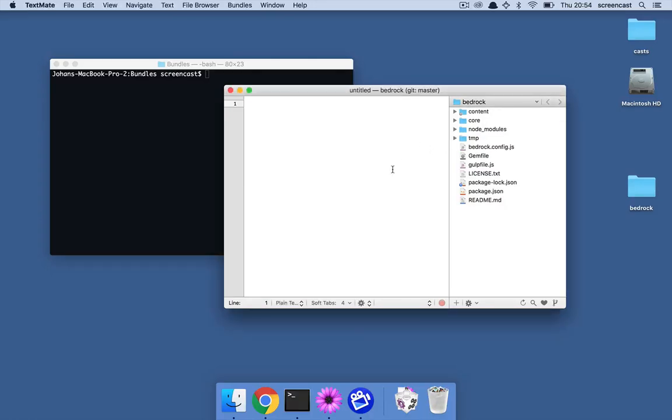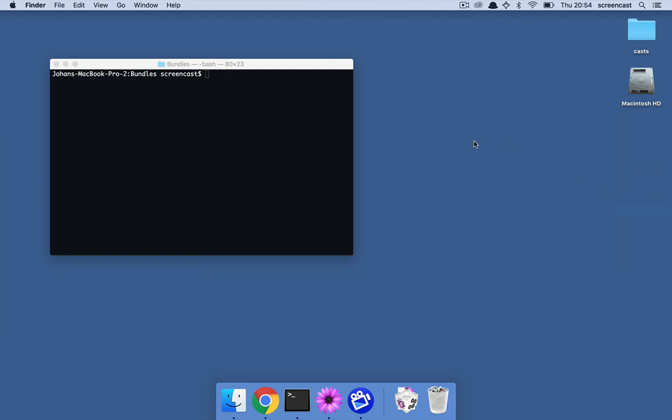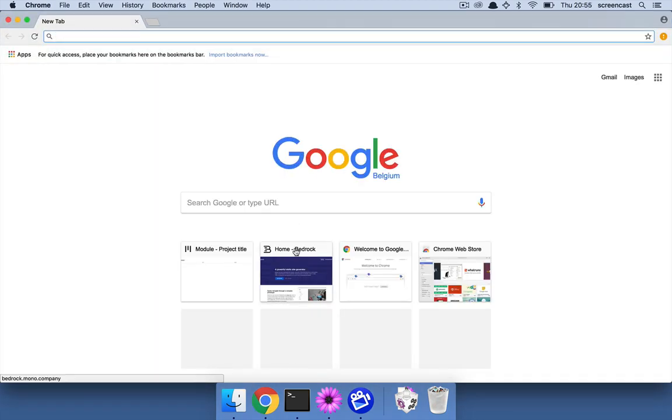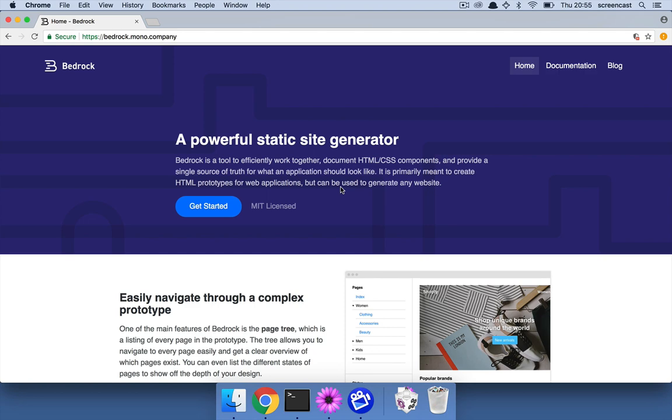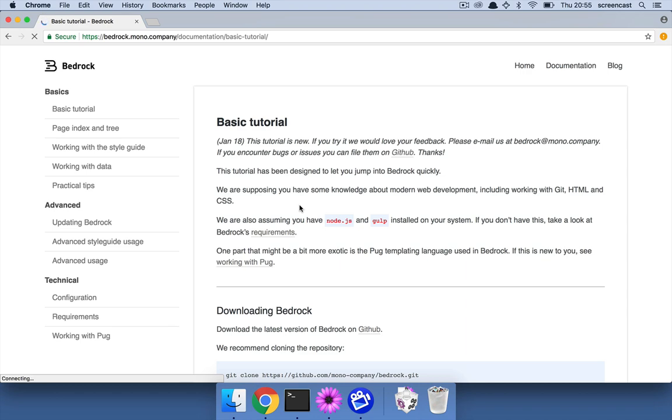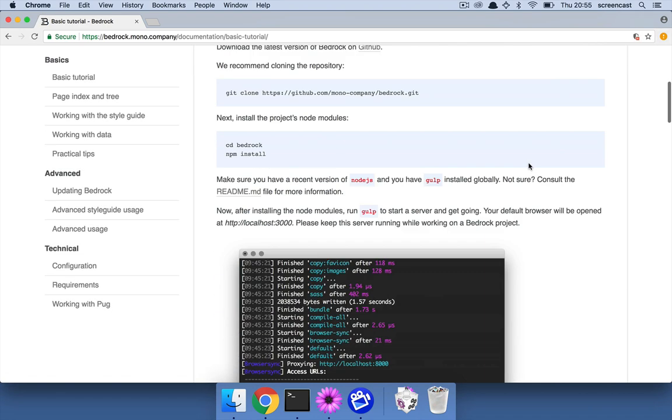So in this tutorial we will attempt to add the newly released Bootstrap 4 to Bedrock. First I'm going to start from scratch, with nothing, an empty desktop, and I'm going to go to Google Chrome, go to the Bedrock homepage, and then click Get Started, and we should really add a clear